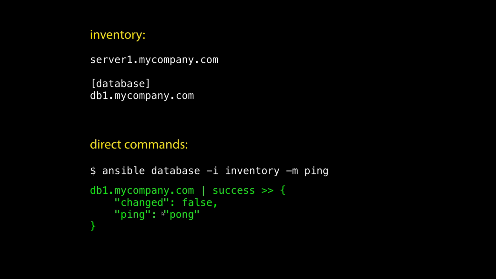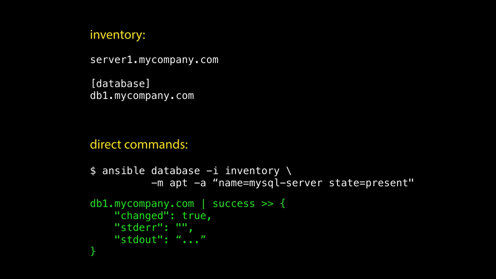Changed false. This says that nothing changed on the server as a result of doing this. If this had been a command that did something more interesting, there might well have been a change there, and we'll come back to why that's important in a little while. Here's a slightly more complicated command. Again, we're just doing this to the database servers in our inventory, and